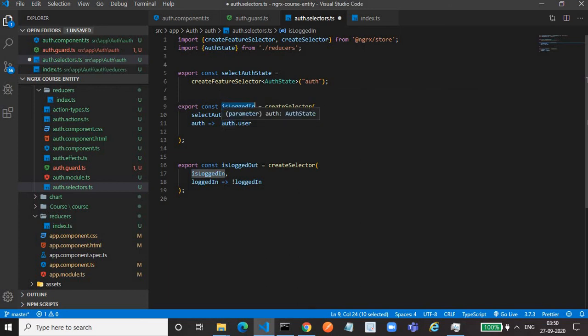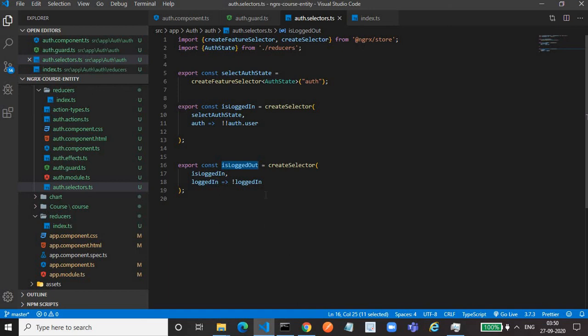For that I have to use two negations. If auth.user has some data, the first exclamation will make it false, the second will make it true. Means if the auth slice has user data, the user is logged in successfully, that's why isLoggedIn should be true. Similarly, we have another selector, isLoggedOut, in which we are passing isLoggedIn.